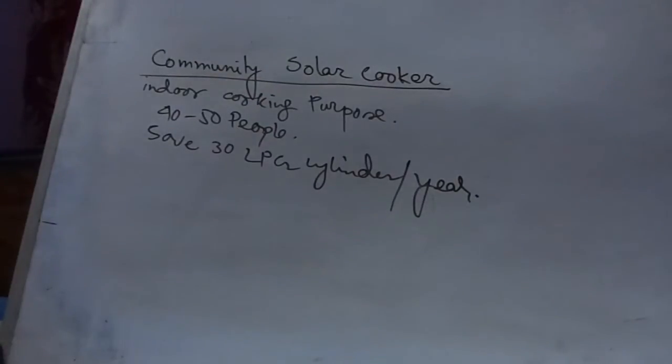LPG cylinder per year. In another design of community solar cooker, a large number of automatically tracked paraboloidal reflectors are installed in series and parallel combination and generate steam for cooking in a community kitchen. Okay. Another one is the